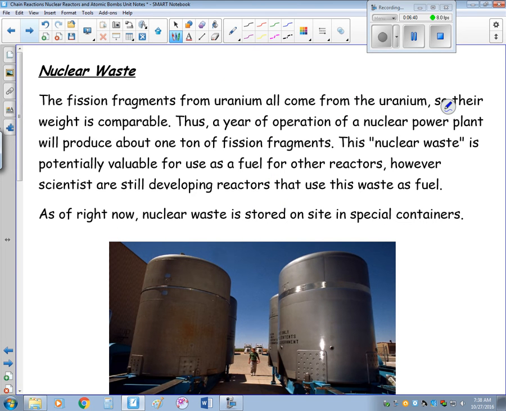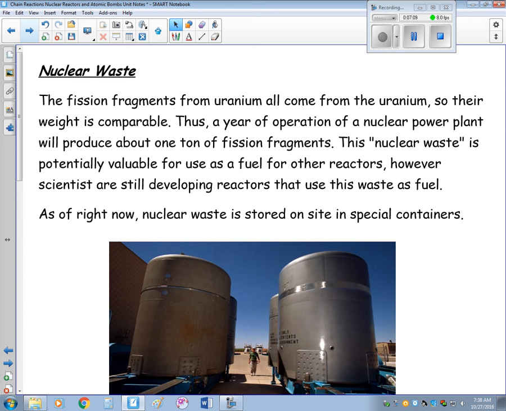All right, now for the nuclear waste, the fission fragments from uranium all come from uranium, so their weight is comparable. So a year of operation for a nuclear power plant will produce about 1 ton of fission fragments. We call this nuclear waste. It's potentially valuable for fuel in other reactors, but right now we're still developing those reactors, so